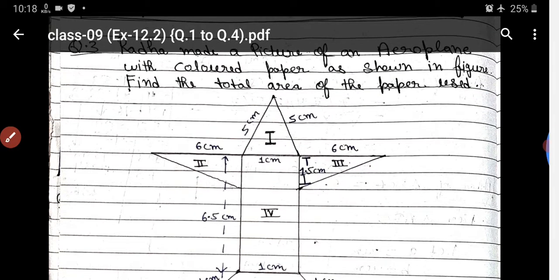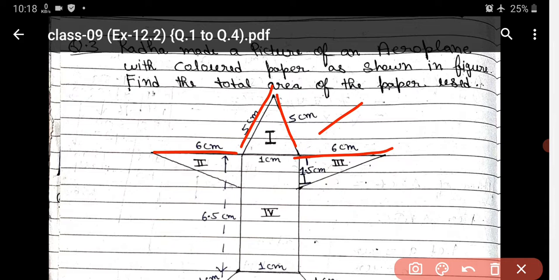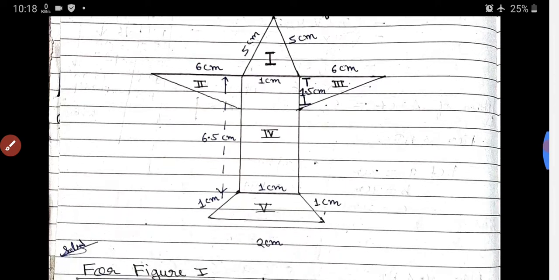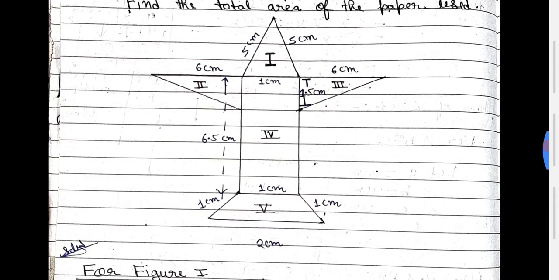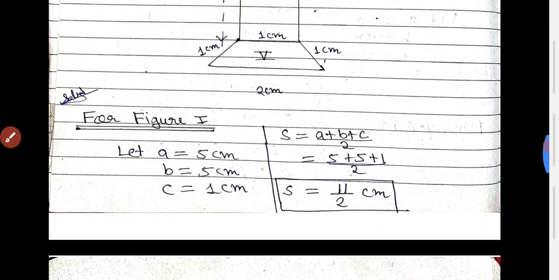Okay, now this one is 5. Just see, this value is 5, so this value is also equal to 5. Okay, and this is 6, so this is also equal to 6. This whole value is 6.5, and the inside value is only 1.5. 1.5 means up to this only, and 6.5 means total. And if you come here, this side is given as 1, this side is 1, this is 1, this is 1, this is 2. If this one is 1, then this is also 1. Okay, now just take the first figure first.